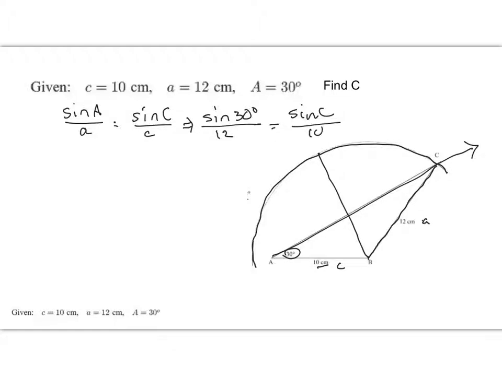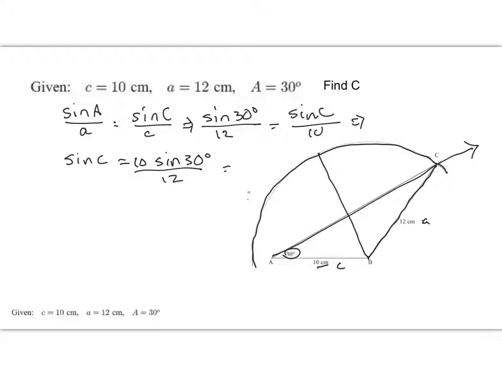Okay, simplifying that, sine of C is equal to 10 sine of 30 degrees divided by 12 centimeters,